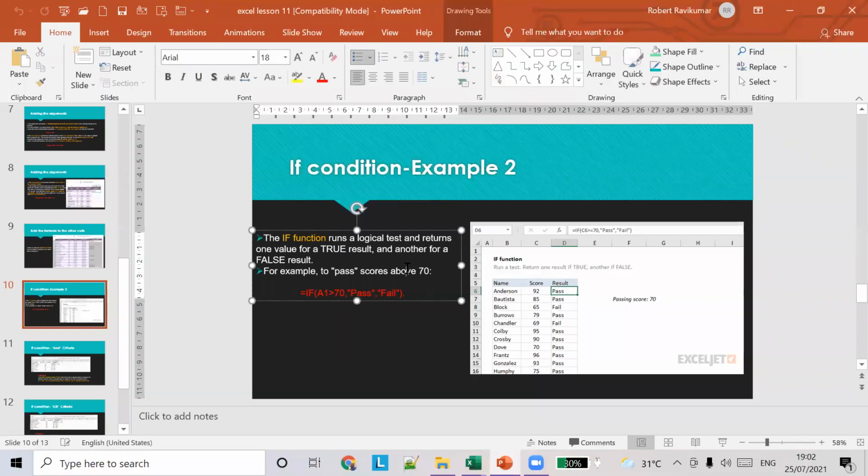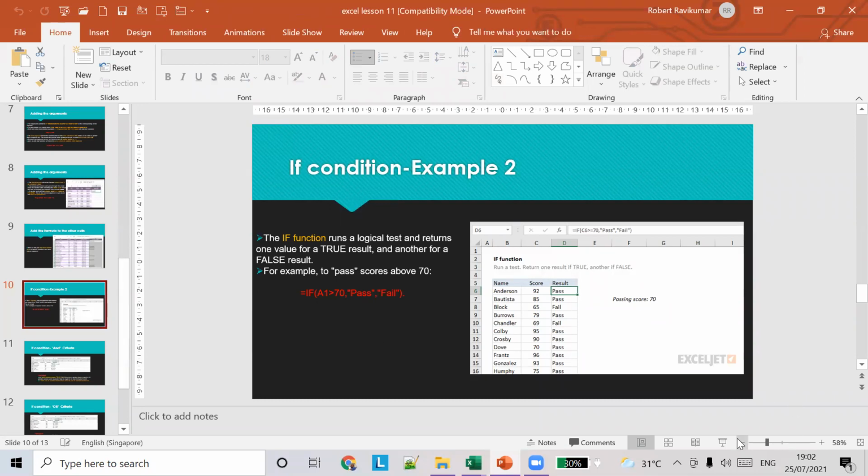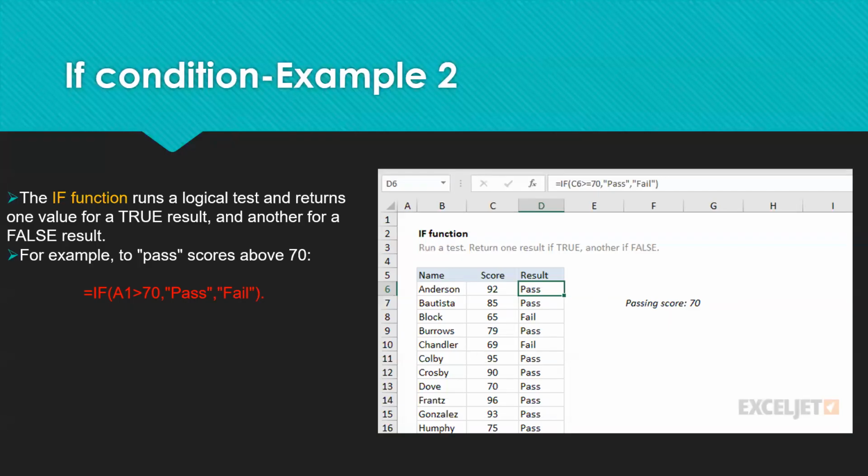Okay. So now the condition is we're going to find whether the students have passed an exam or not. We have a table of student names and scores. So the first column is name, the second column is score, and the result is pass or fail here.